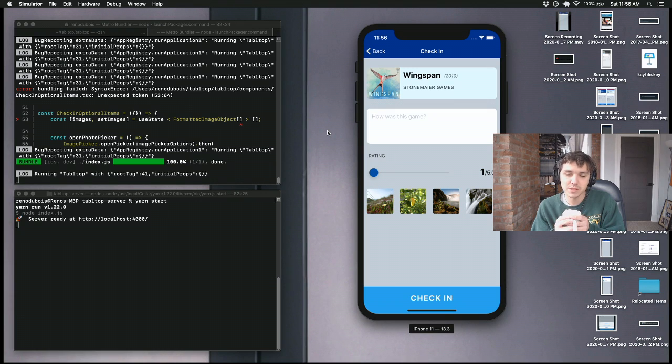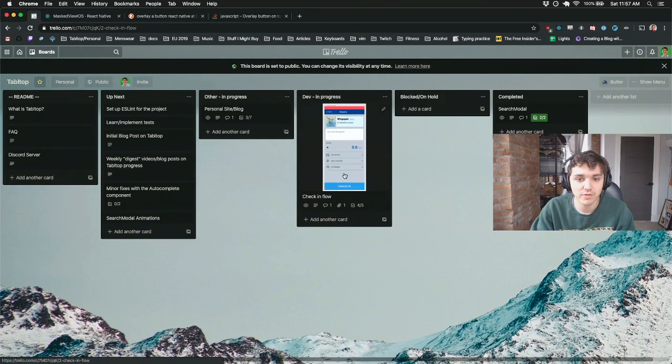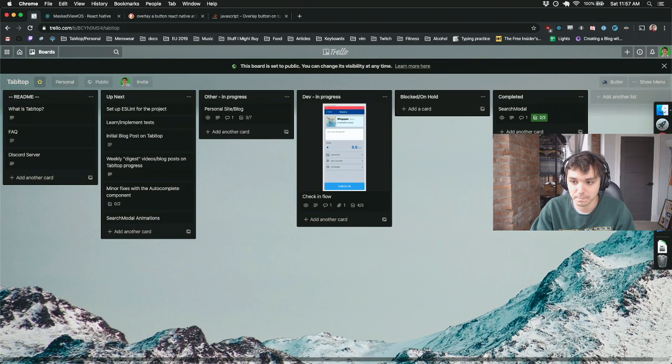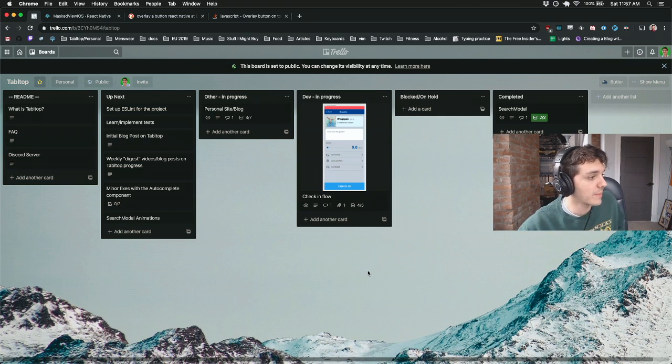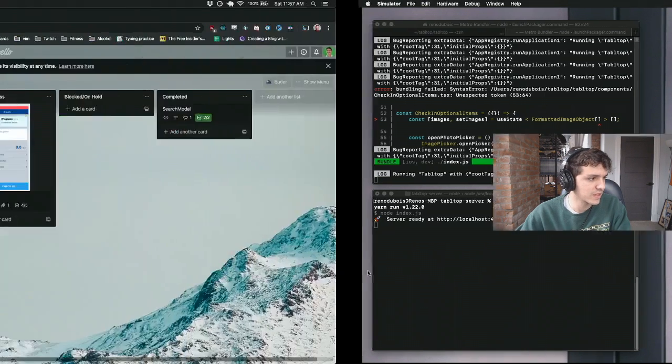I think it's fine. Anyways, so what we're working on now is finishing up the little checklist I have for images, which are almost done. So all we need to do basically right now is add the ability to remove the images. And it said it might be hard, but we're gonna figure it out. I don't think it's very hard. The basic gist here is that we are, let me move my webcam actually. Yeah, because this is right in the view of the simulator, right? I think it's fine here. Anyways,